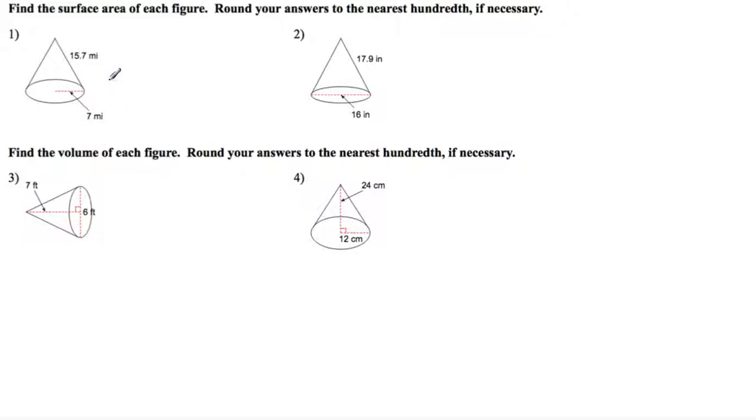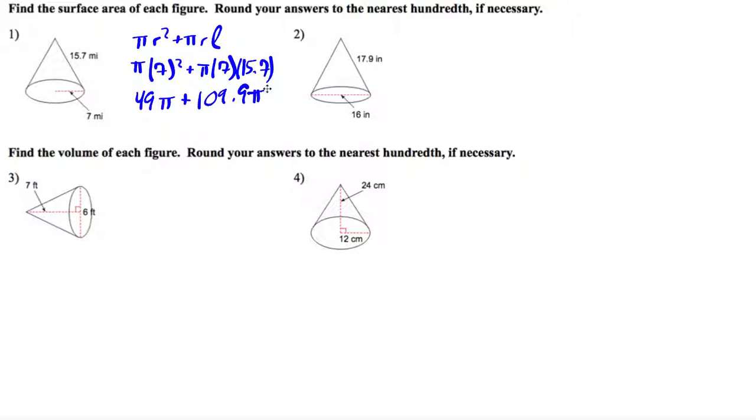So for these cones, we want to find the surface area. The surface area is pi r squared plus pi r L. So this is pi times r squared, which is 7 squared, plus pi times 7 times 15.7. So this is going to be 49 pi, plus 7 times 15.7, which is 109.9 pi. And then if we add those together, we are going to get